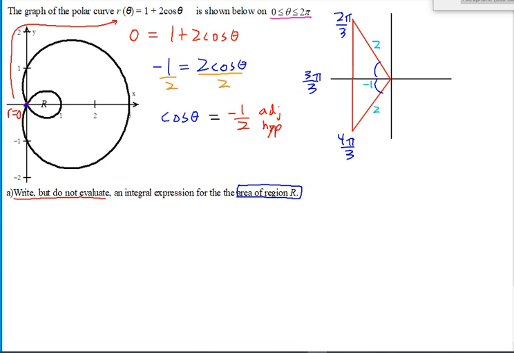Just one thing we have to make sure of, the only thing we don't know yet is, does that interval 2 pi over 3 to 4 pi over 3 give us the little loop or does it give us the big loop? So what you can tell real quick to see if it's the right loop or not is substitute an angle between these two. In this case, the easiest one between them is probably pi. So let's find r of pi, just to make sure it's giving us the little loop and not the big loop. So it would be 1 plus 2 cosine of pi,